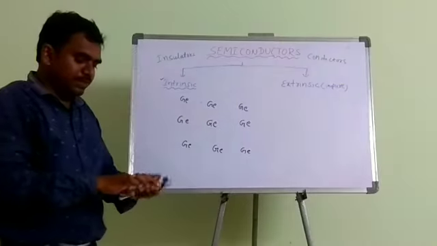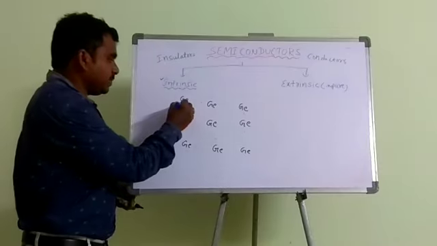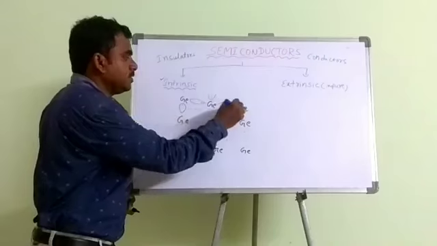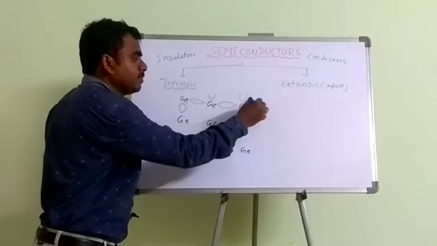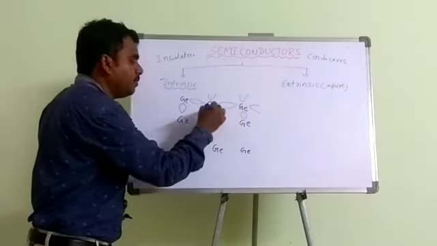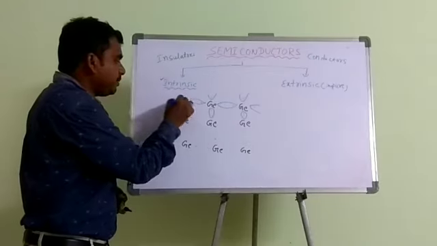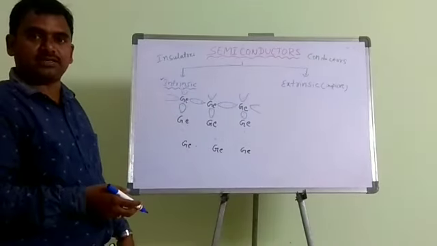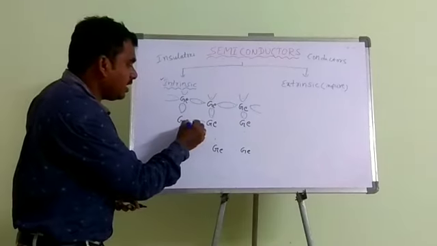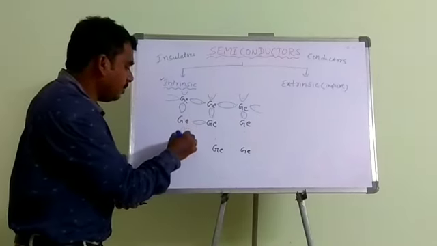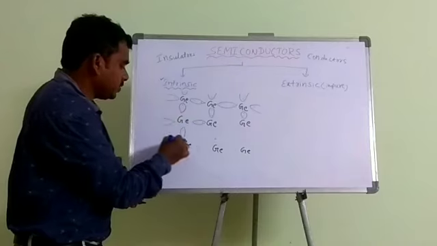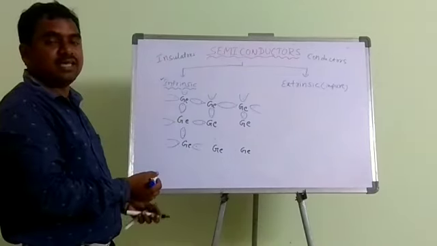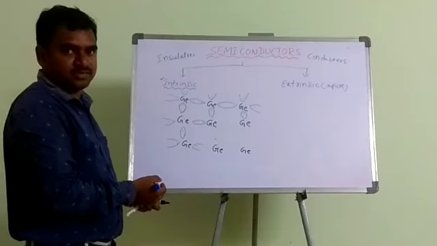Now these single electrons participate in covalent bonding with the neighboring atoms, like this. These are all participating in the bonding. At normal temperature, there are no free charges to participate in electrical conduction, while all the electrons are participating in covalent bonding. So at normal temperature, these intrinsic semiconductors act like insulators.